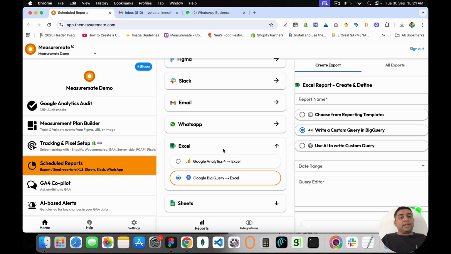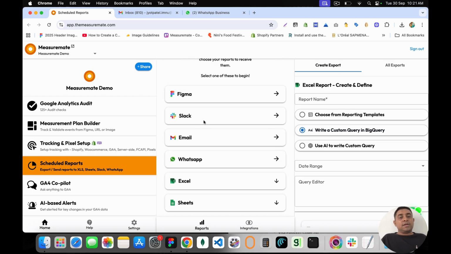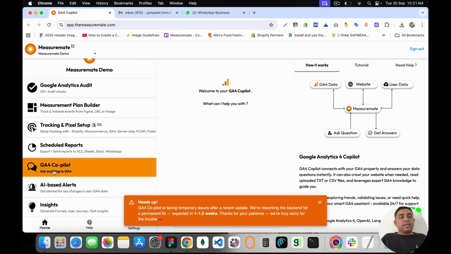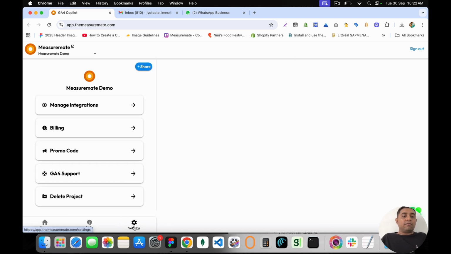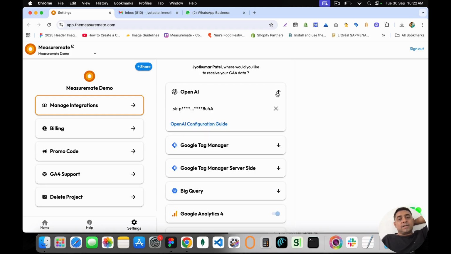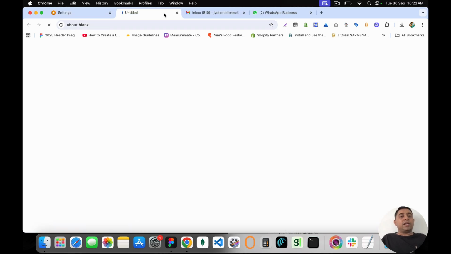But yeah, overall I think this is something that you might want to do only if you are into advanced usage. There is a Copilot. So right now we are revamping certain functionality because of a small issue, but overall a Copilot requires an OpenAI key to insert here. So right now I already added a key, but if you have not added, just follow the configuration guide,